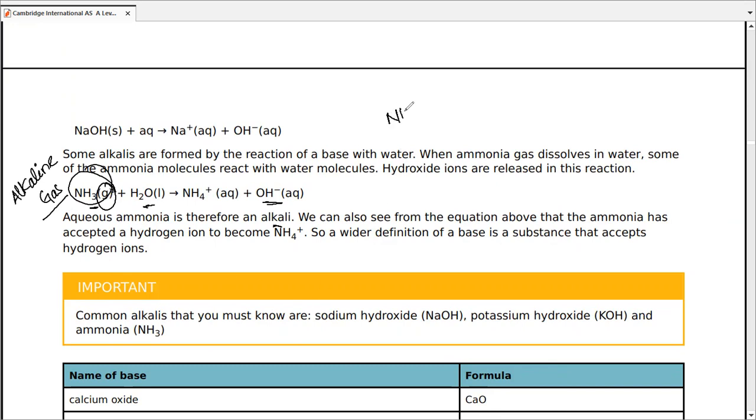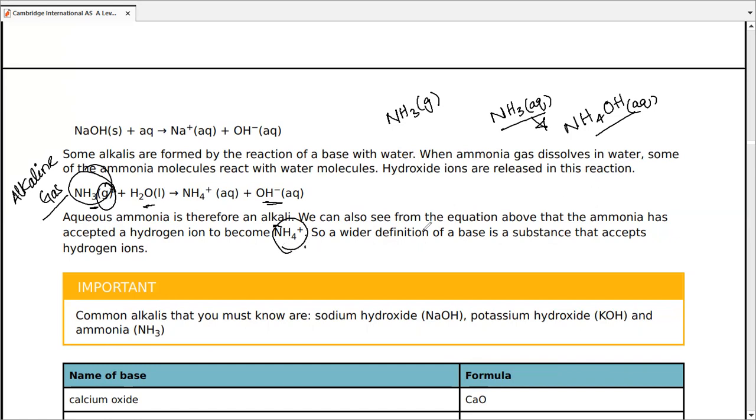अगर NH3 आपके पास दिया हुआ है gaseous form में तो it's an alkaline gas. अगर NH3 आपके पास aqueous form में दिया हुआ है, it's ammonia solution or aqueous ammonia, which is definitely an alkali. To be honest, इसके लिए हम ये एक separate formula भी show कर सकते हैं। ठीक है, ऐसे भी show कर सकते हैं, लेकिन हम यूं भी show कर देते हैं और हम यूं भी show कर देते हैं। There is no difference. आप दोनों तरीके से papers में ऐसा हुआ देखा करेंगे।